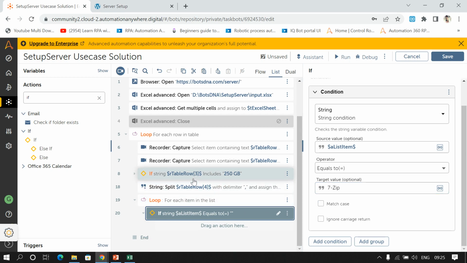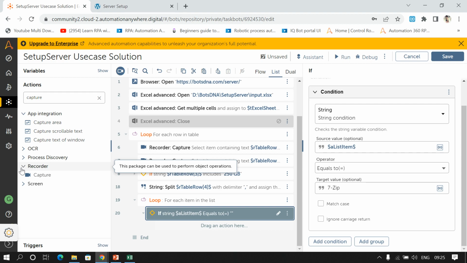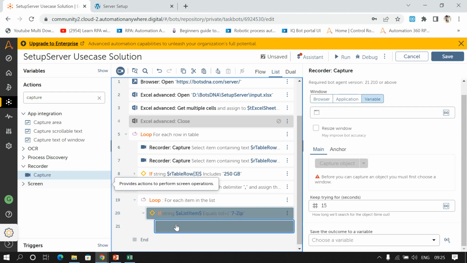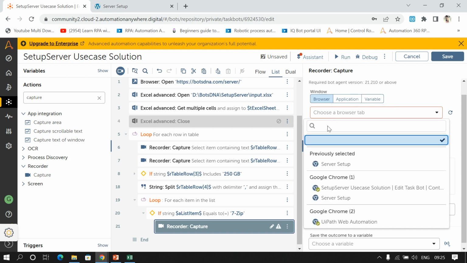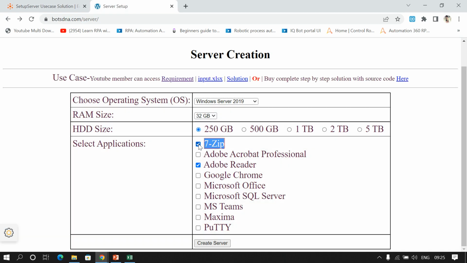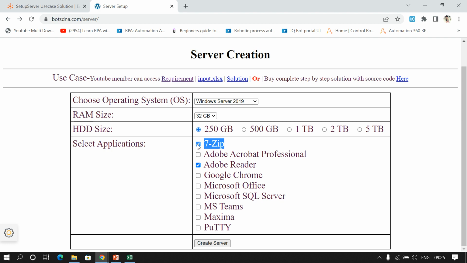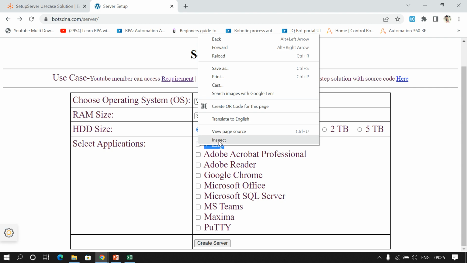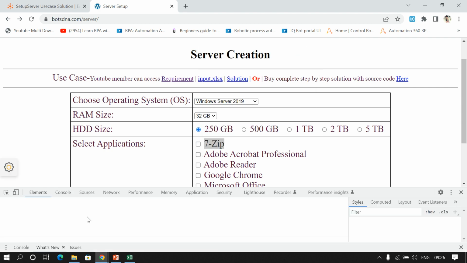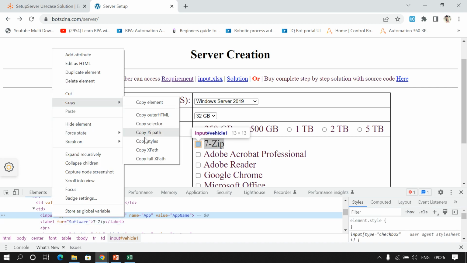uncheck this checkbox. So I'll use the capture command to capture this checkbox. And here again, I'll right click and click on inspect, then copy the DOM XPath for this checkbox. Copy XPath,